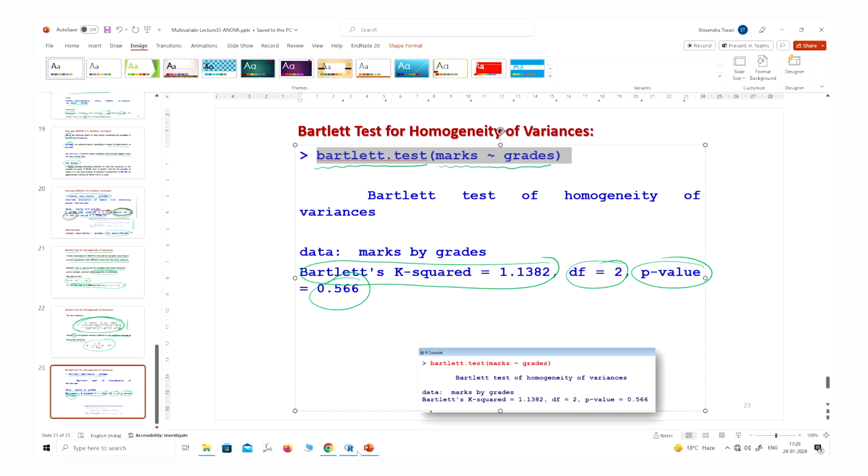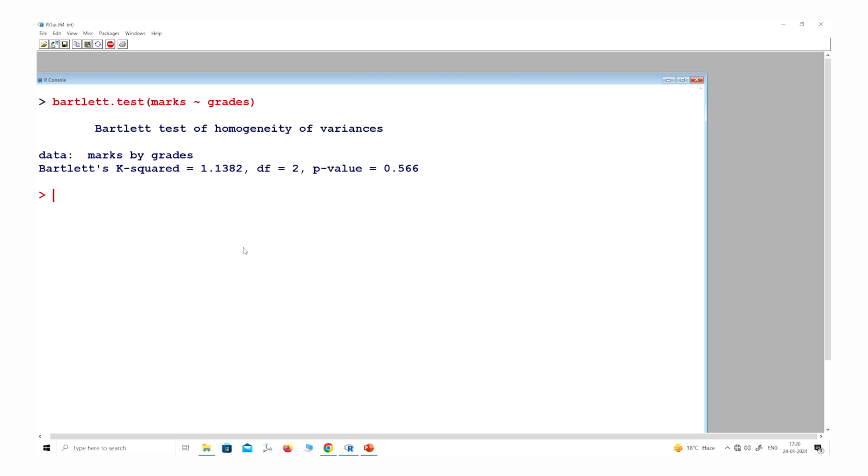Now I am sure that you know about it, and let me try to show you this Bartlett test in the R software. So you can see here, it is coming like this, right? This is the same thing which I showed you on the slide, right? Okay, so now we come to an end to this lecture, and you can see that we have considered the analysis of variance and the Bartlett test for testing the homogeneity of the variances.